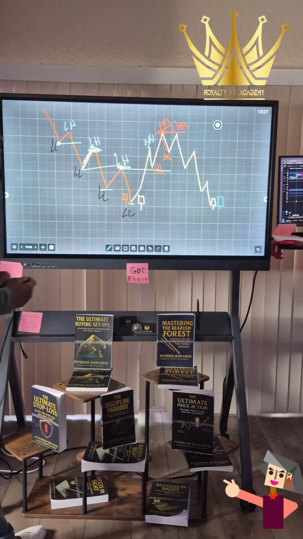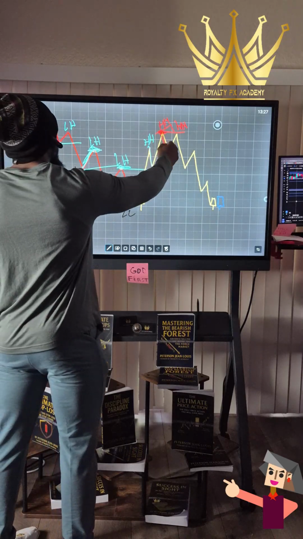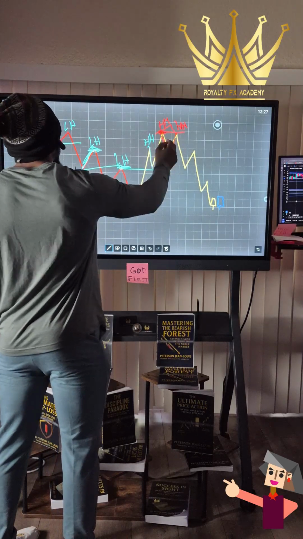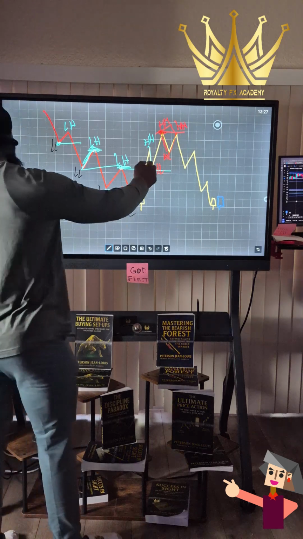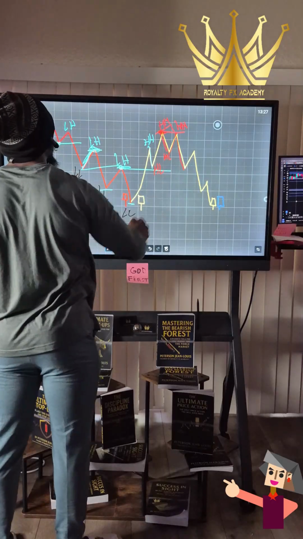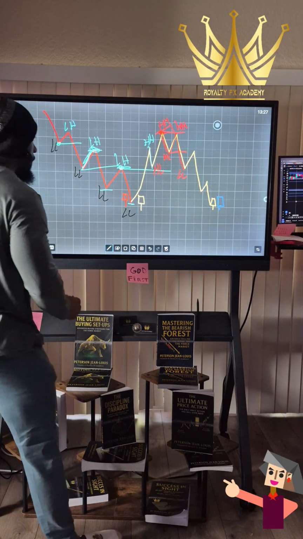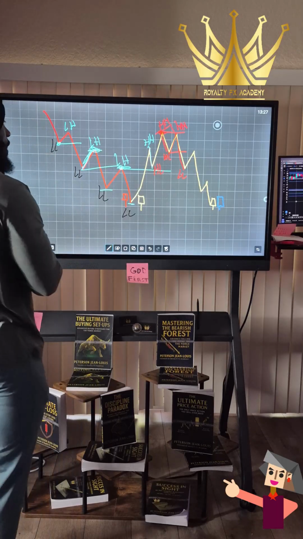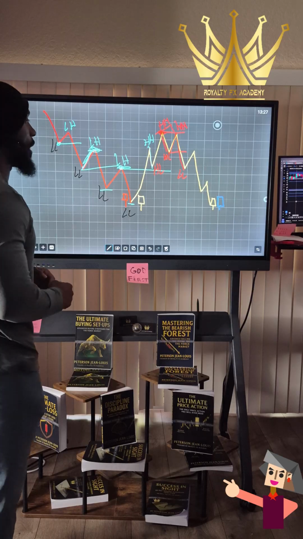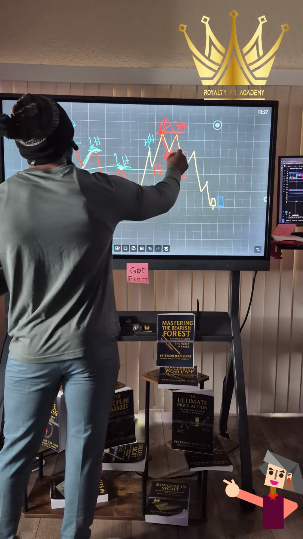That right there will be considered as a double top, right? Because it went up here, stops here, went back up to hit the same structural point, and we'll look for it to fall. Now, after this, we know market did fall, right? When it did fall, it gives you a lower low, right? Now that lower low is a lower low because it's lower than the previous high low. Now we're going to anticipate or wait for the market to buy up to retest the previous structural point.